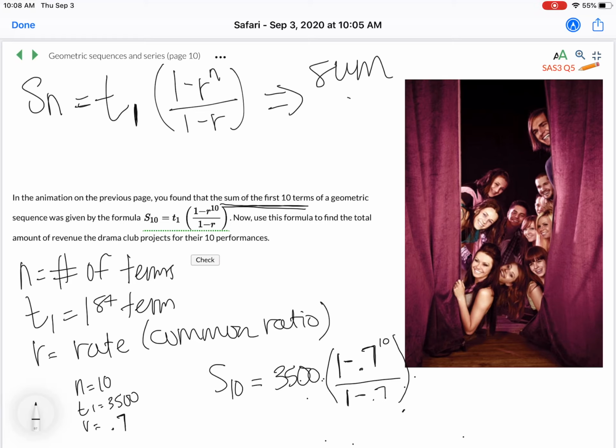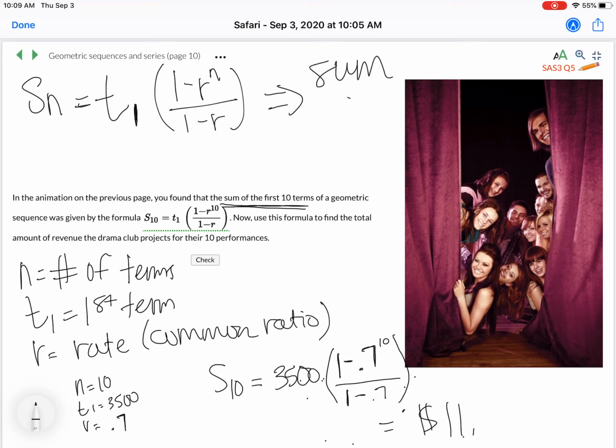And remember, I showed you how to raise to the power. It's that arrow that's pointing up under the clear button. Okay, and you're typing in 10. Then we are hitting our down arrow to go to the bottom fraction bar, and we are typing in 1 minus 0.7. Once you get that typed in, I want you to hit the right arrow, close that parentheses, hit enter. And if you typed it in correctly,